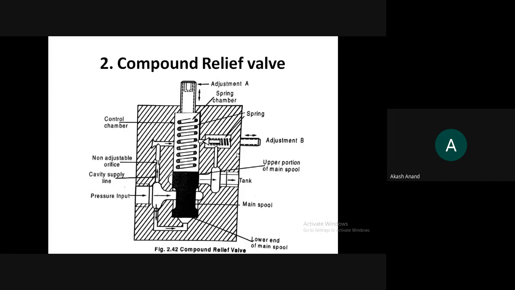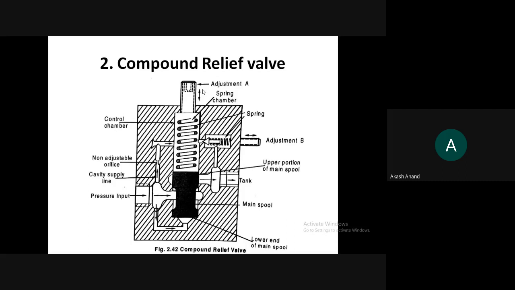So in both the directions, you can see this input pressure is splitting into two directions. One end is going into adjustment B, and there will be a certain value for this adjustment B. At the same time, another fluid will go through adjustment A, and there will be another pressure value for adjustment A. Thereby, by controlling the adjustment B point and the adjustment A point, we can actually control the magnitude of pressure which is leaving the system.